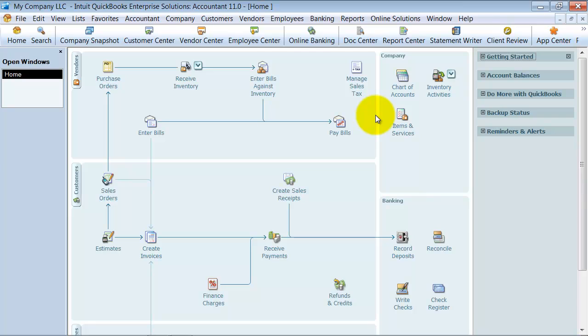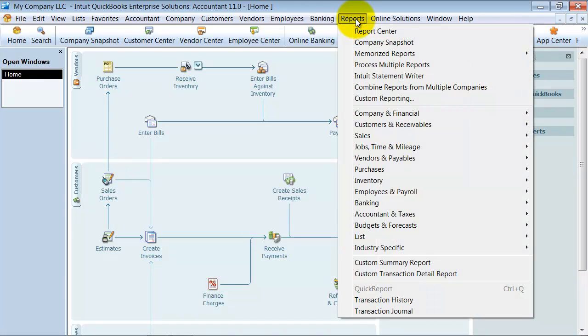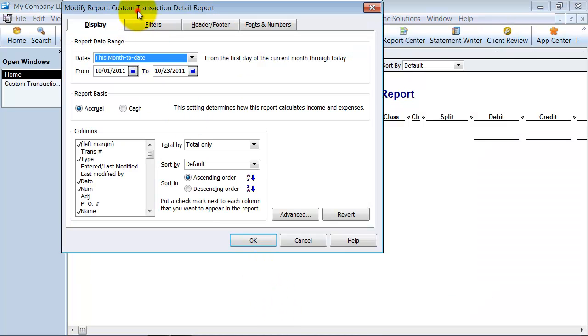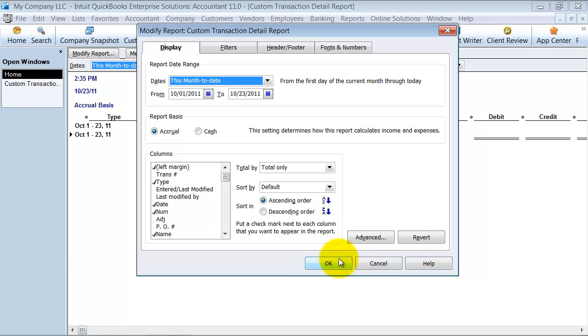All right, so I'm going to show you two different kinds of reports here. The custom transaction detail report and then also the custom summary report. First we're going to do the transaction detail report. Right when I pop this up, it pops up the screen to modify the report because we're doing